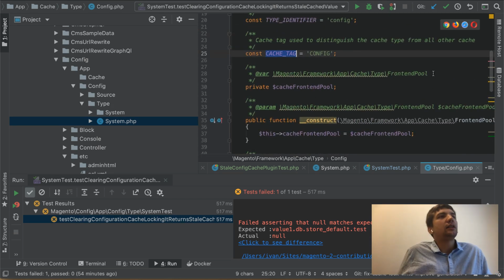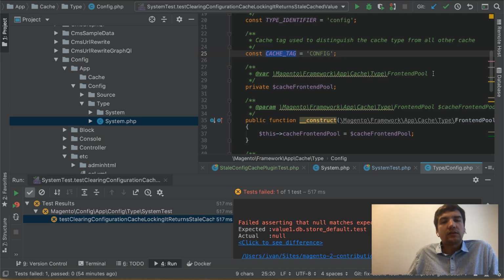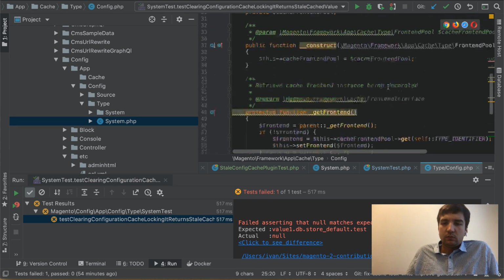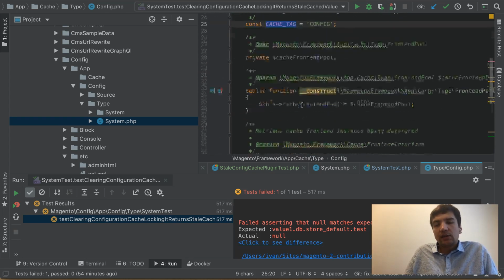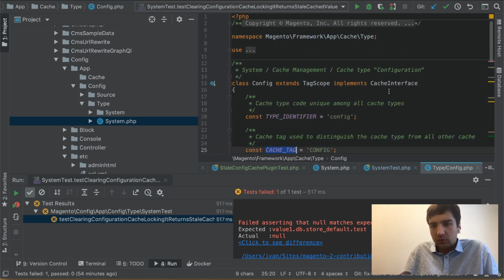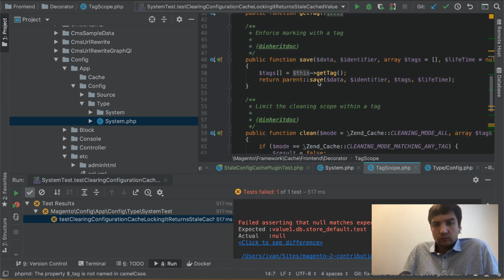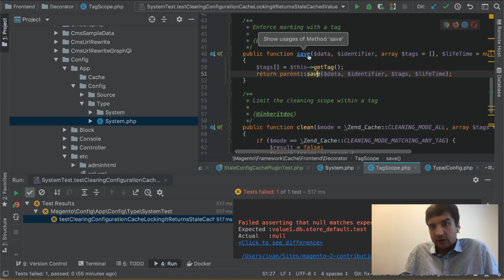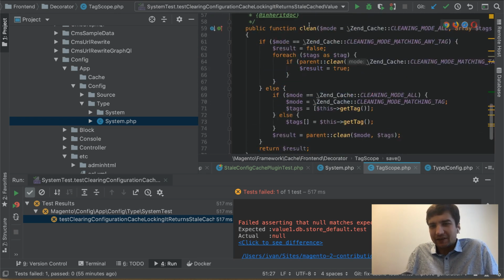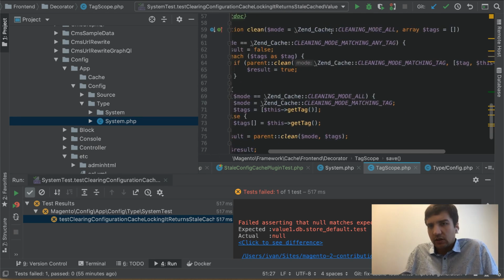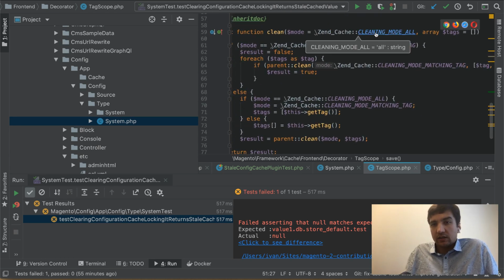So what is the basic idea I plan to implement? The basic idea I plan to implement is to take this class, write a plugin around it that will intercept calls to the save function, and actually not the save function, sorry, to the clean function. And inside of this clean function, if we receive this cache clean mode all as an argument, then what we're gonna do,